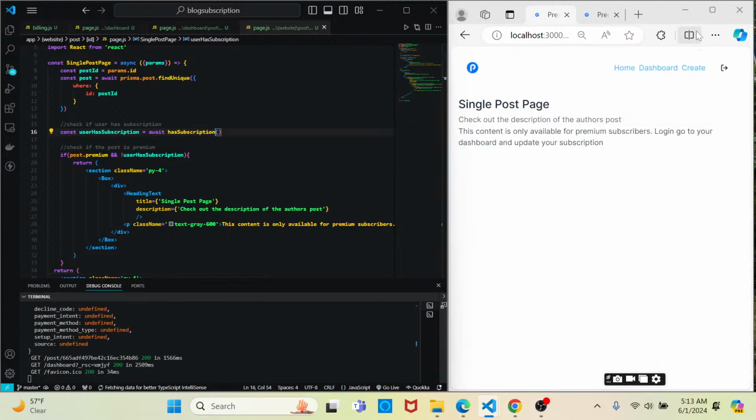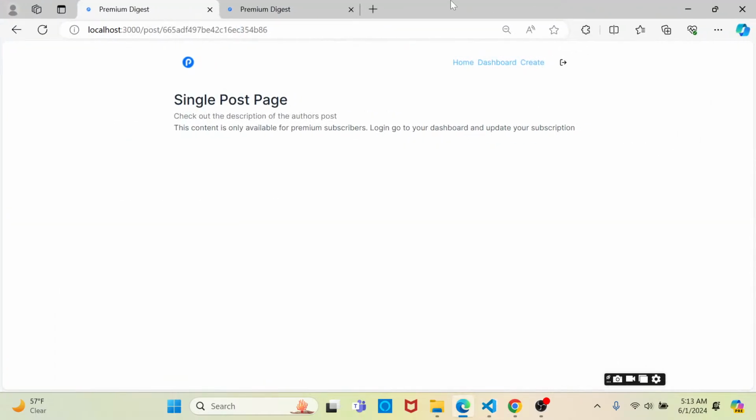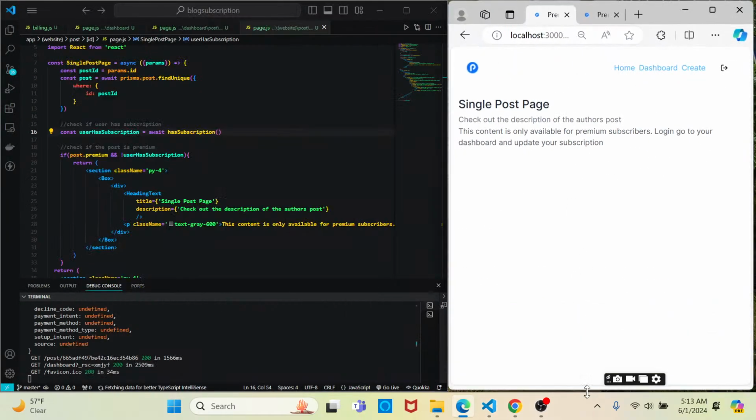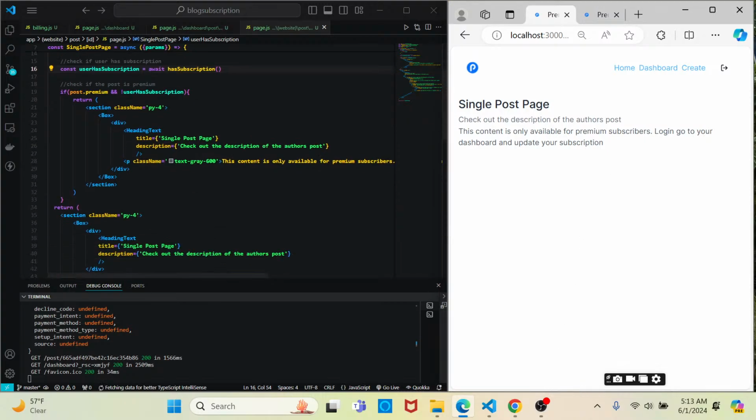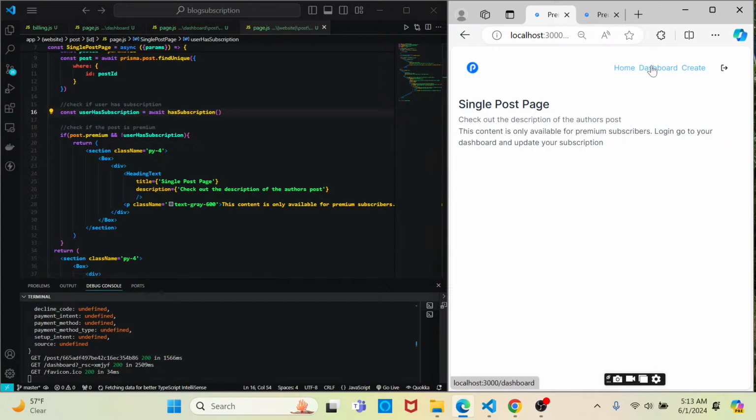And you notice that we're getting this message. Check out the description of the post. This content is only available for premium subscribers. So you'll need to log in to view this post, because this user is not a subscriber. But if we click on dashboard